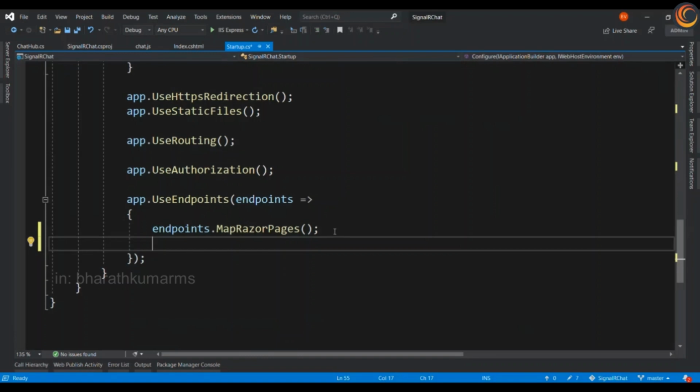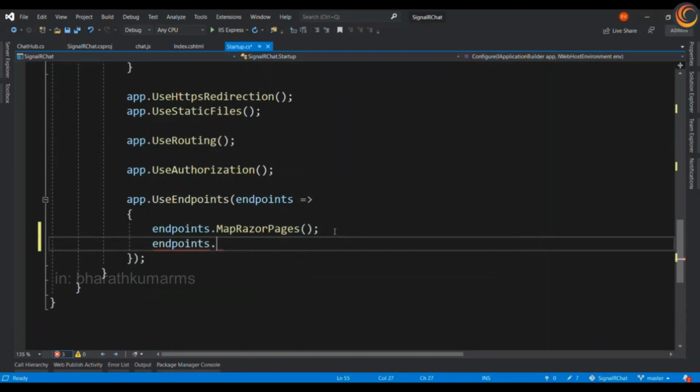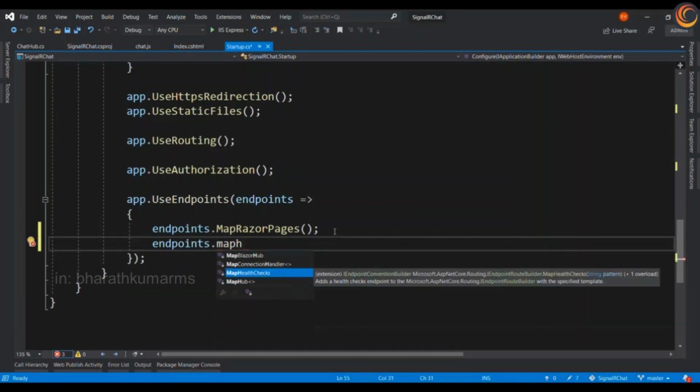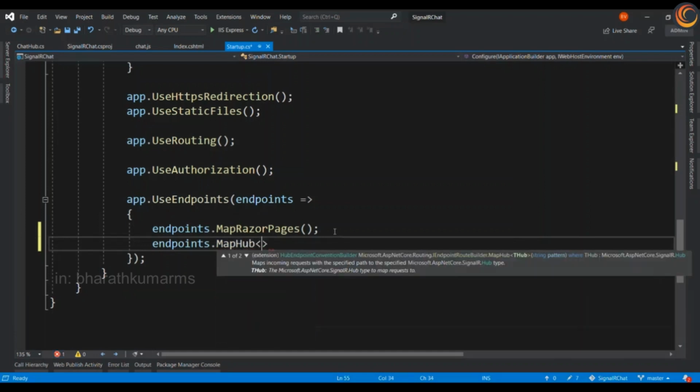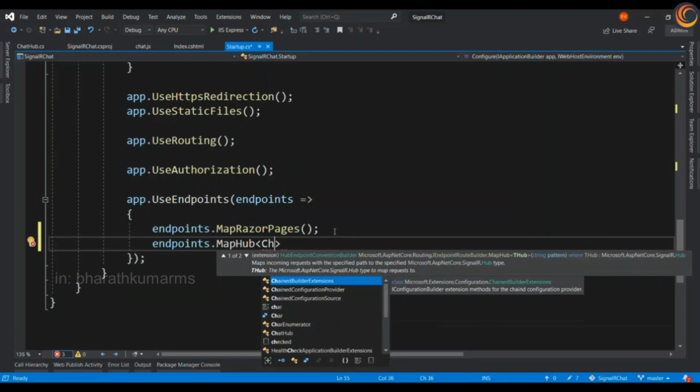We also have to add an endpoint for the hub, because there can be multiple hubs that you can create. So we have to create an endpoint specifically for the ChatHub that we have already created.